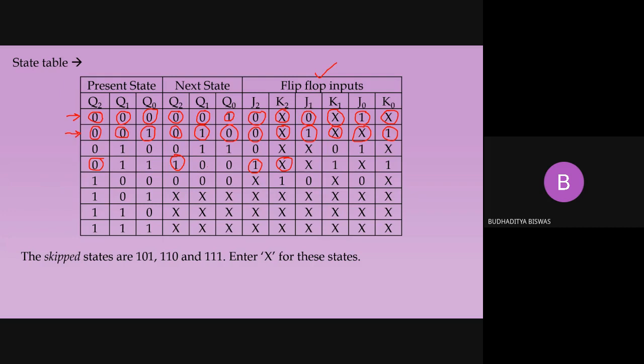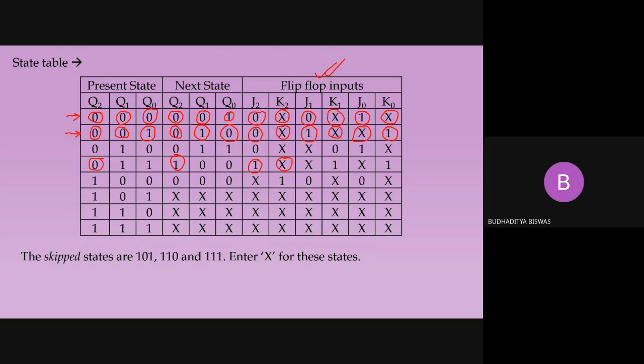So in this way, one by one, step by step, with the help of the excitation table, you need to fill out the flip-flop input. And you should take your time, because if you make a mistake in any one field, then everything will be erroneous. Remember these things very carefully. You should take your time to fill up the JK, means the flip-flop input columns, because if you make a mistake in any one field, then everything will be erroneous. Means instead of a 0, if you write any other value, means 1 or don't care, everything will be erroneous. Okay, so you should take your time. You should give very much concentration when you want to fill up the flip-flop input.